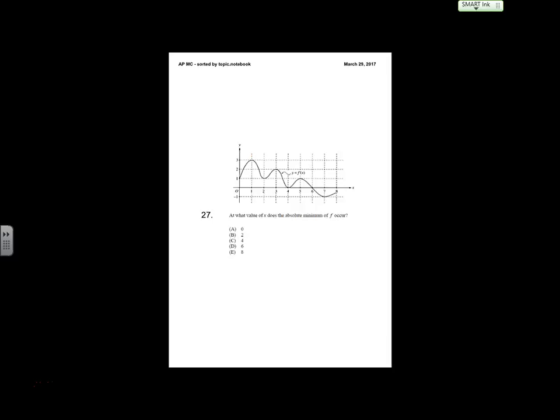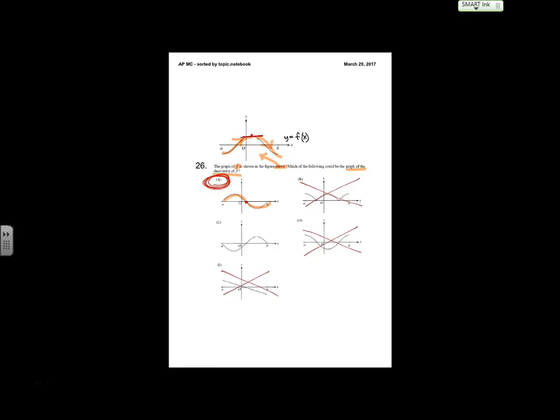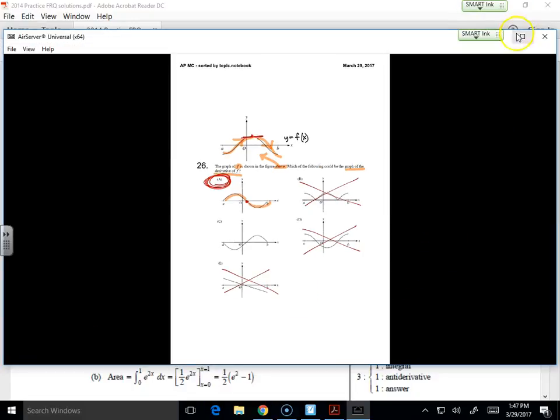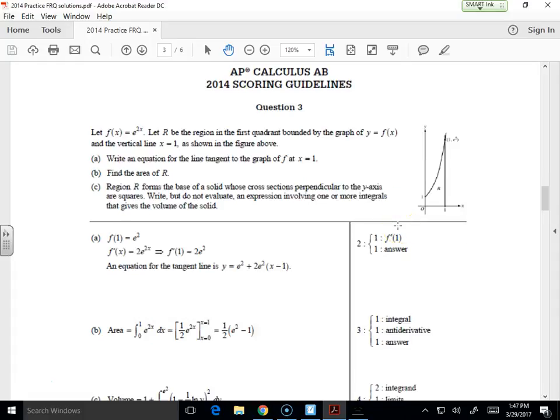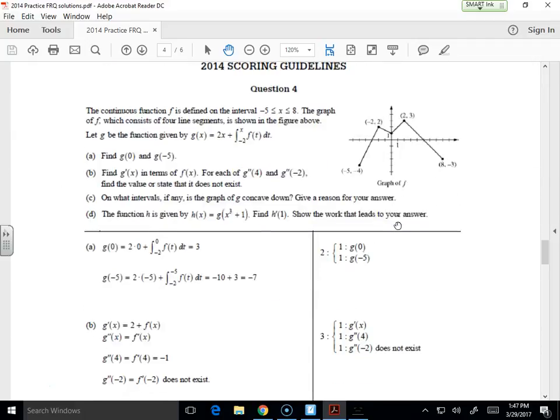Sure. Calm down. Guys, we're already one multiple choice ahead of period 1. Let's go ahead and pause and talk about FRQs 3 and 4. Okay, 3 and 4. Can someone just give me a category of what type of FRQ number 3 is? Area volume. Now, is there an equation of a tangent line? Sure. Is volume having to do with cross-section squared? Sure. There's area volume. What is the category for number 4?